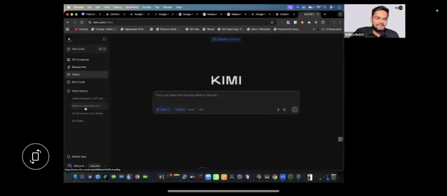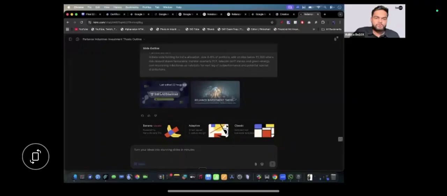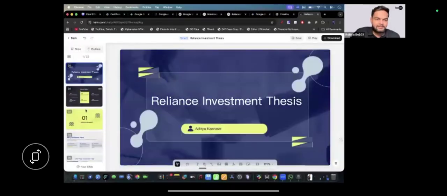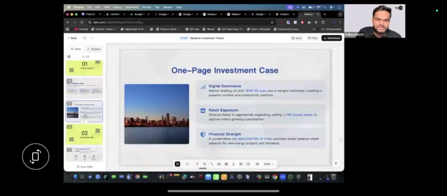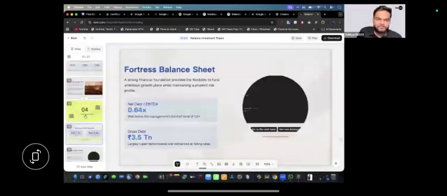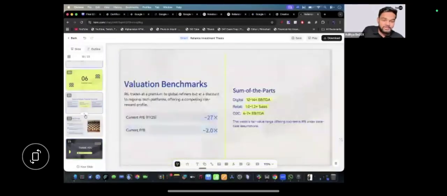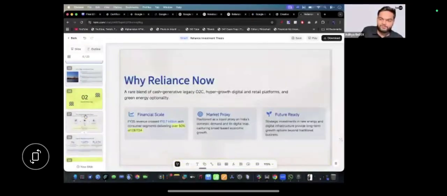Now I'll just show you the Reliance Industries slides I created before. You can just click on edit. And folks, now it will be giving you an editable, really good presentation. Just see how great this presentation is on a scale of 1 to 10. You can just ask Kimi to do it, but it will take like 15-20 minutes, so I'm not demonstrating it here. But it will do deep research, and it will fact check everything before putting it in your presentation. Who is absolutely mind-blown?